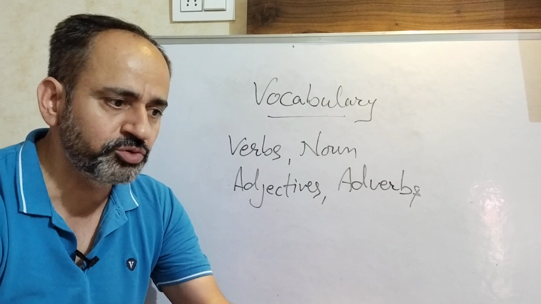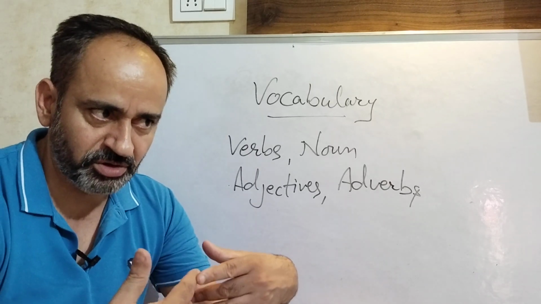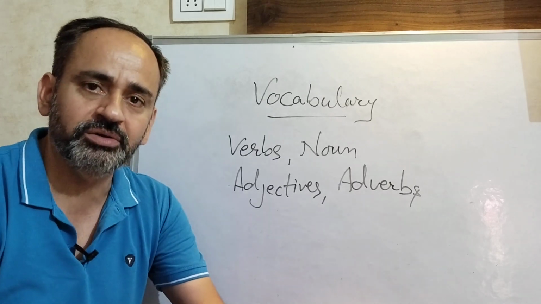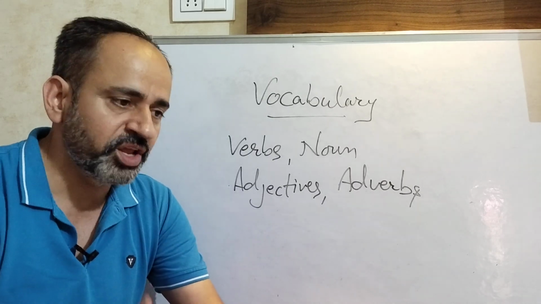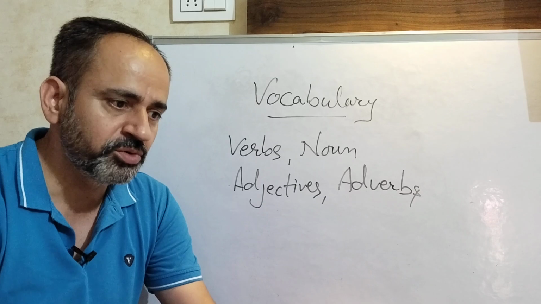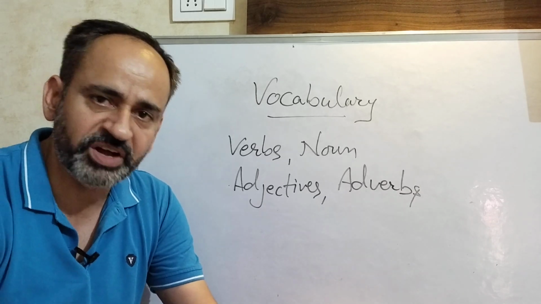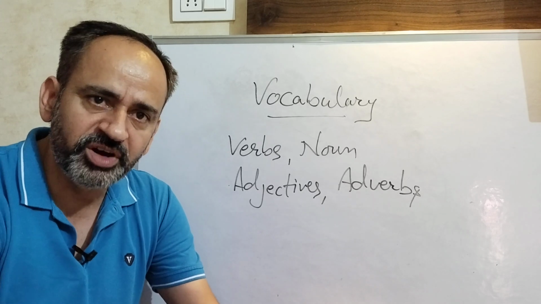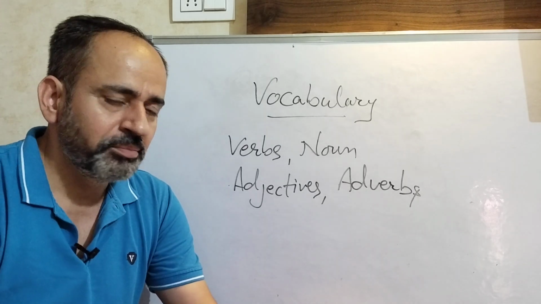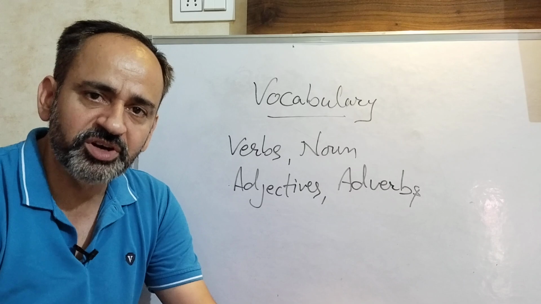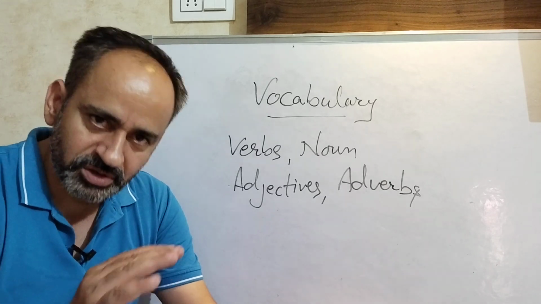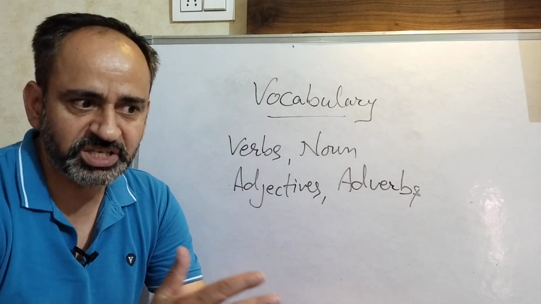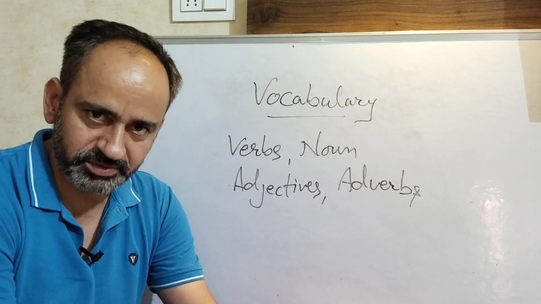You will not be able to speak in a great way, or expand your conversation or explanations, or in writing again you will not be able to write more than 4 or 5 lines, or you will repeat the same words, low level words like good, bad. These are the low level words. Poor, rich, again simple words that are used by the students who study in second or third class.